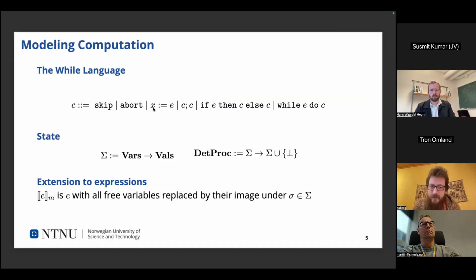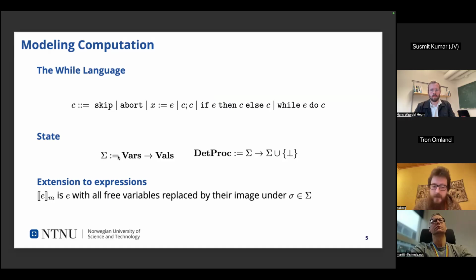And then you have assignment, where x is a variable and e is an expression. And you can compose these programs: first execute one thing and then another. You have branching. If some expression evaluates to true, then you evaluate the first program. Otherwise, you do the second one. And while loops. And of course, structured programs are a lot easier to reason about, which is why this is being used here. And upon this, we will build some rules for proving things. But first, what are programs?